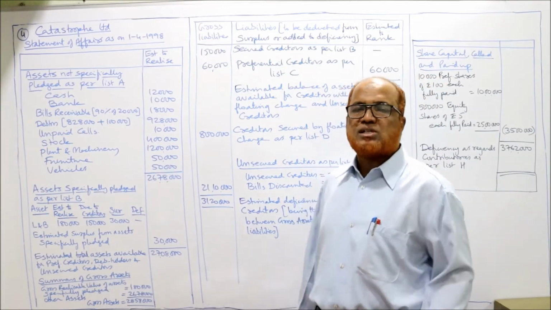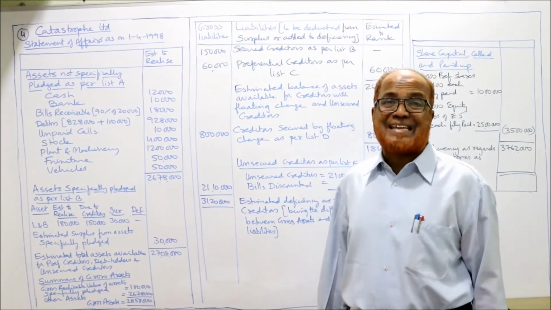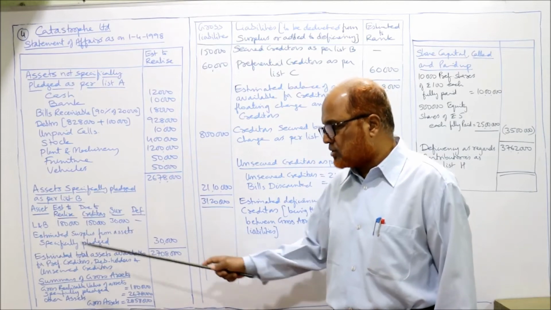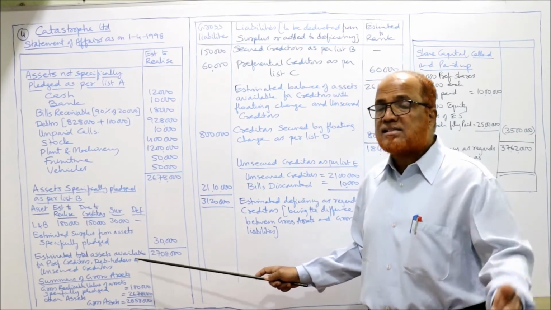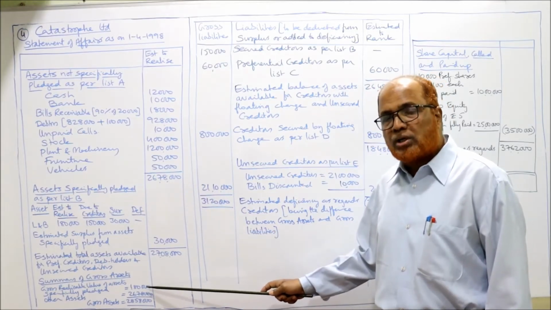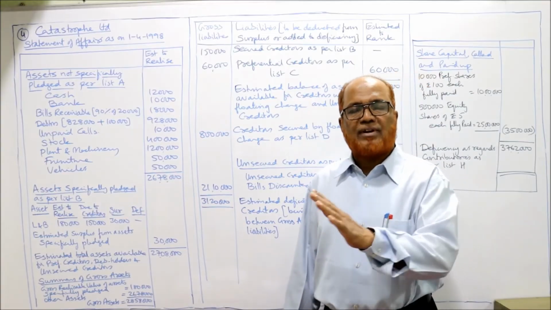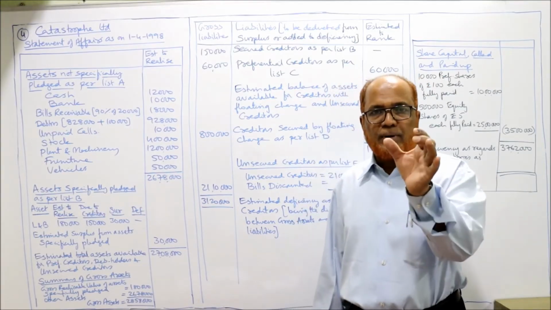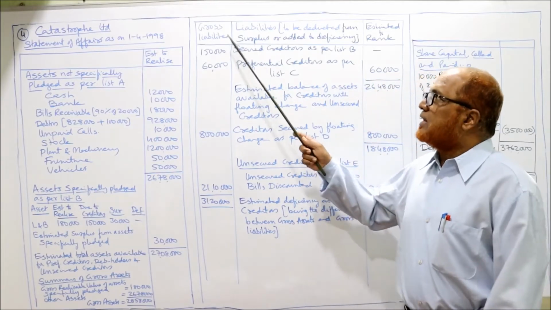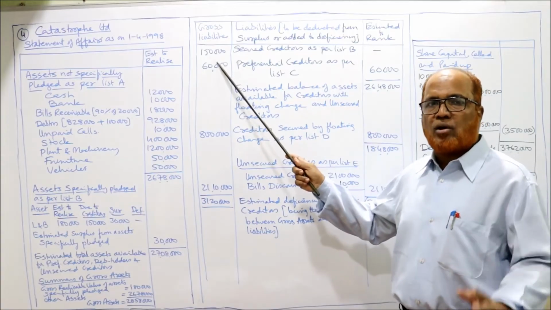Now summary of gross assets for our verification. Gross realizable value of assets specifically pledged, what is the realizable value? 1,80,000. Other assets, what is the realizable value? 26,78,000. The total gross assets are 28,58,000. Half of the statement of affairs is completed. We have taken the amount of assets available. Now we'll make the payment. Now gross liability we have to show for our confirmation whether we have done it correctly or not.